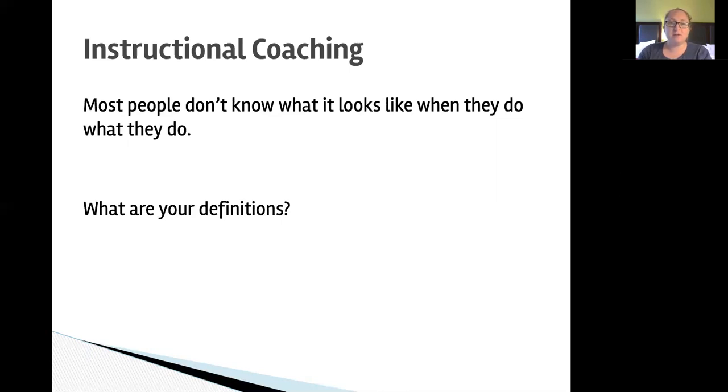So anyway, most people don't really know what it looks like when they do what they do, which is funny. If you were to ask somebody who's been coaching for many years, they might have a hard time articulating what it is that they do. So I just want you to think about your own definition of what instructional coaching is. If you don't have that written somewhere just for your own note-taking to come back to later, pause the video now to just jot it down, so you can come back to it later, or if you need a minute to really think purposely or intentionally about what your definition of instructional coaching might involve, be sure to pause right now and really think about that.